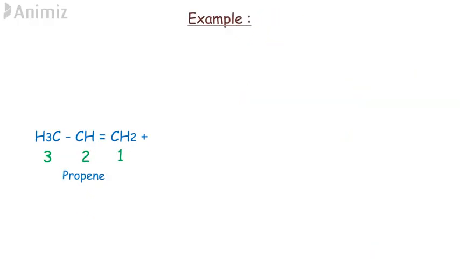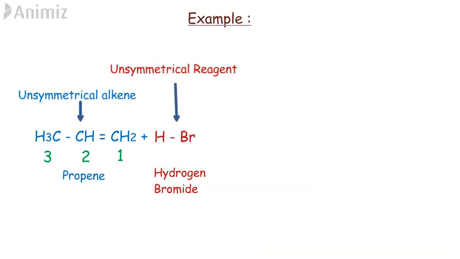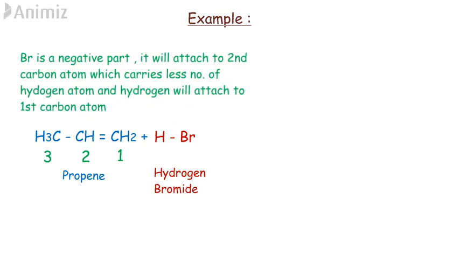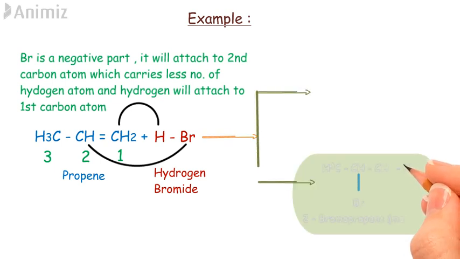Let's understand this rule with the help of an example. In this reaction, propene is an unsymmetrical alkene and hydrogen bromide, that is HBr, is an unsymmetrical reagent. Now what happens in HBr? Br is a negative part, so it will attach to the carbon atom which carries less number of hydrogen atoms. That is, in propene, the second carbon atom contains less number of hydrogen atoms. So Br will attach to the second carbon atom and hydrogen will attach to the first carbon atom and form 2-bromopropane as